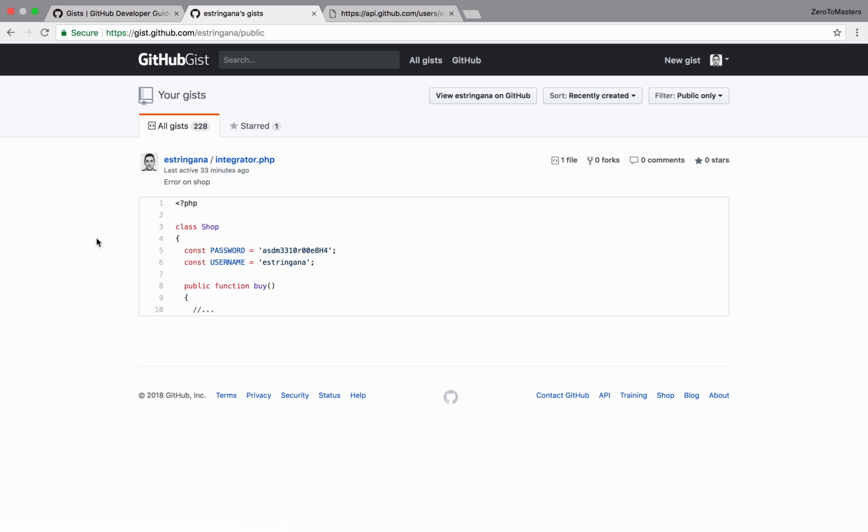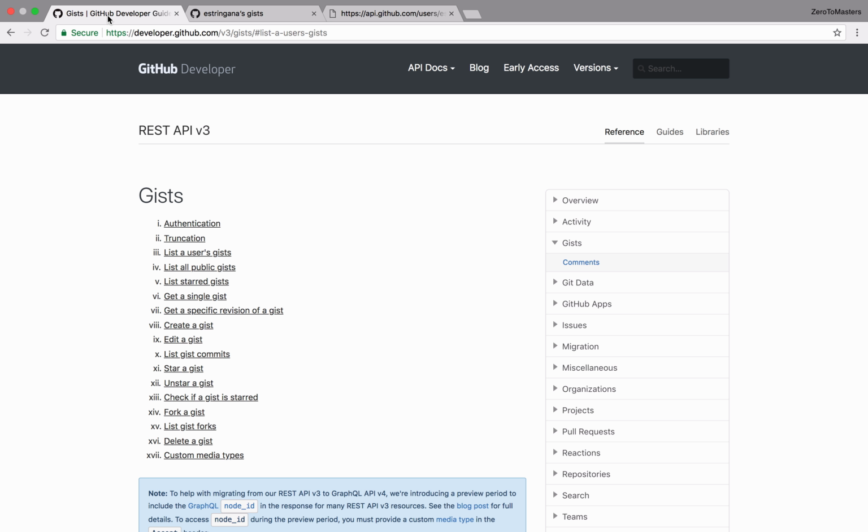username and the password. So the app we are going to be doing with this TDD course is going to iterate over all the public Gists of all the developers of a given company, grab all the content of all these Gists, and send that to a nominated person, who will then evaluate whether or not the information there is sensitive or not. Before we crack on with the code, let's have a look at the GitHub developer guide.